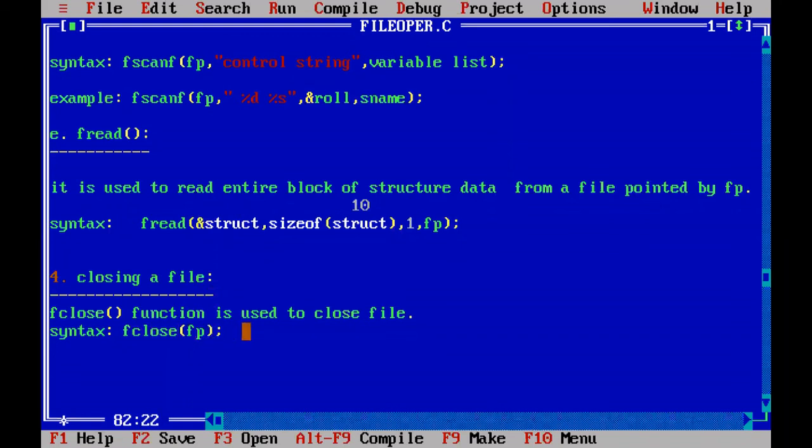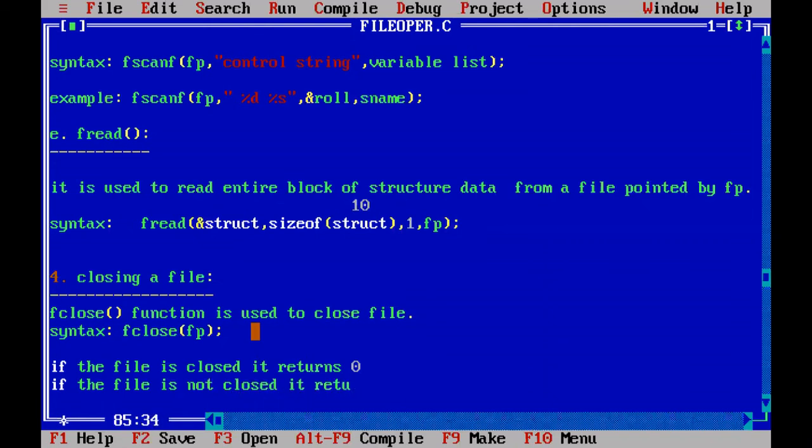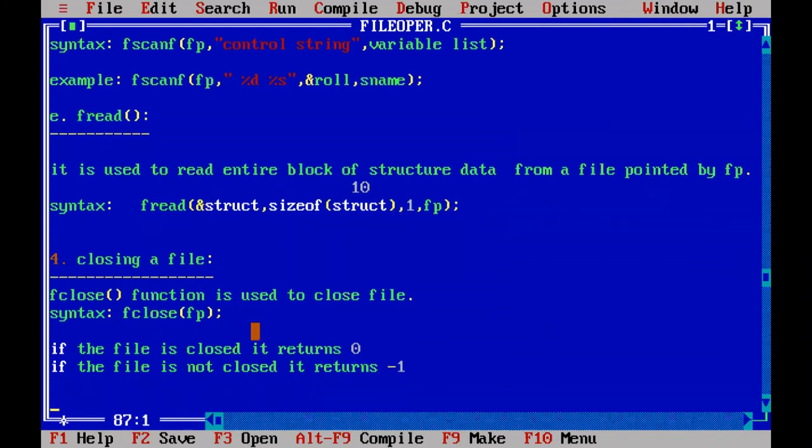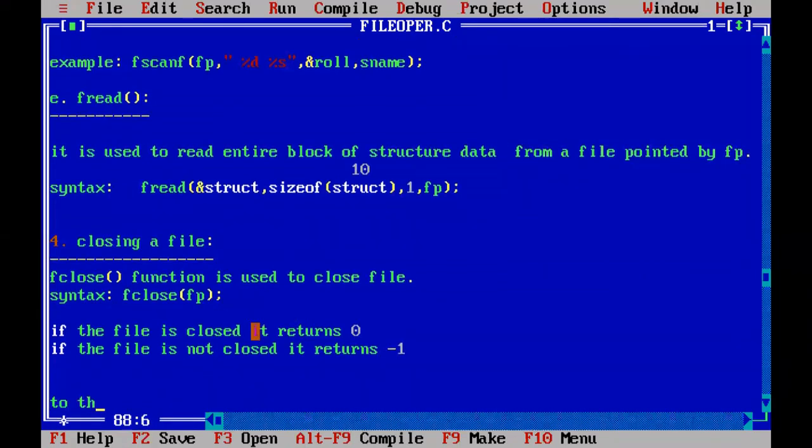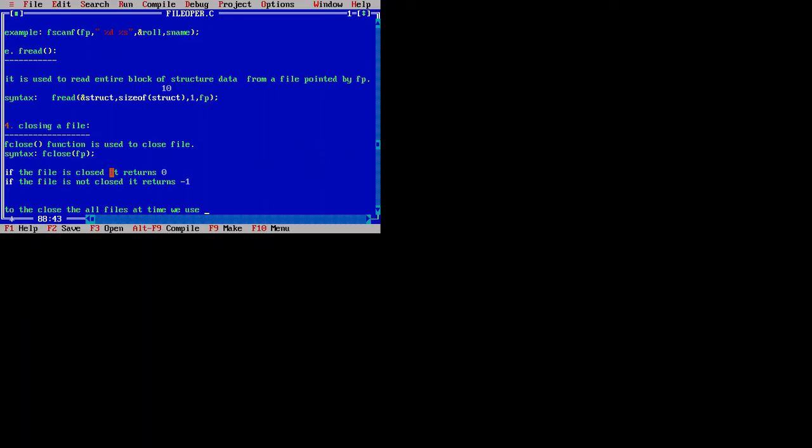If the file is closed, it returns 0. If the file is not closed, it returns -1. To close multiple files, to close all the files at a time, we use